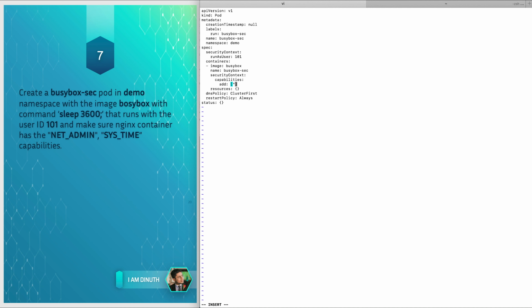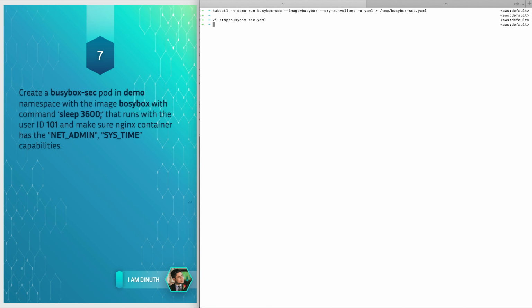We need to define the capabilities here, net admin, systime. Right, that's it. We forgot to set the command sleep 3600, to set the command, let's say bin sh, and then let's put -c and then put sleep 3600. Saving this,